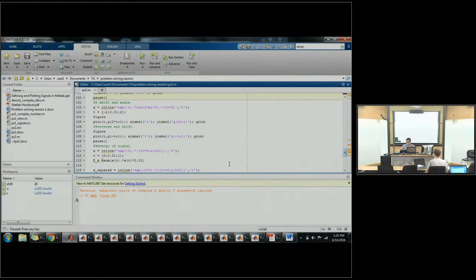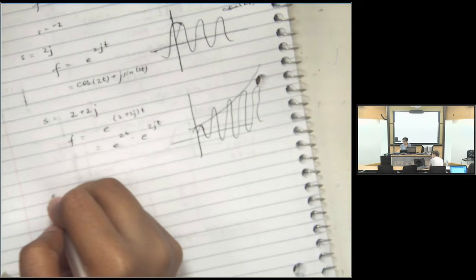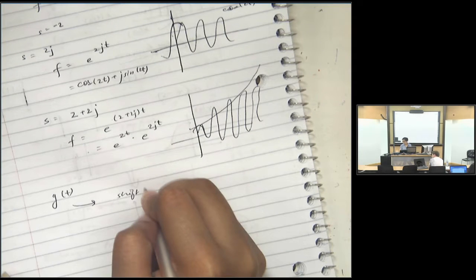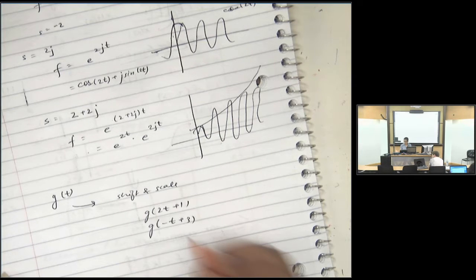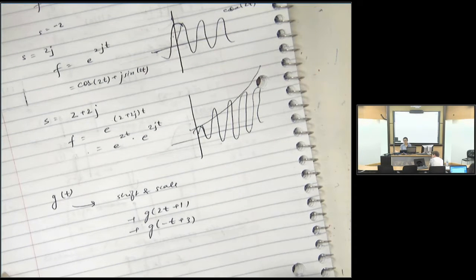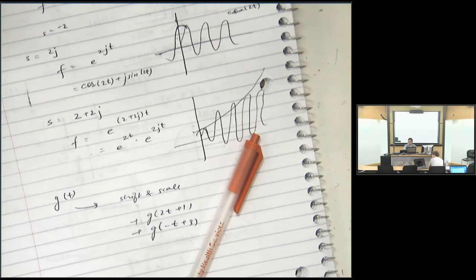By together I mean you have a function g of t, shifted and scaled, like g of 2t plus 1, g of minus t plus 3, etc. Okay, it's scaling and shifting at the same time. All right. Now coming back,